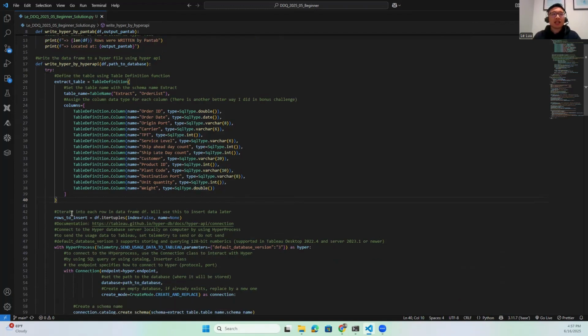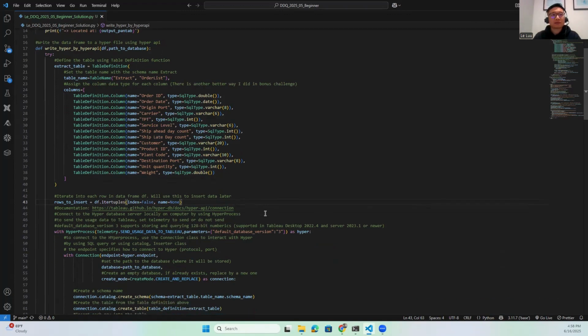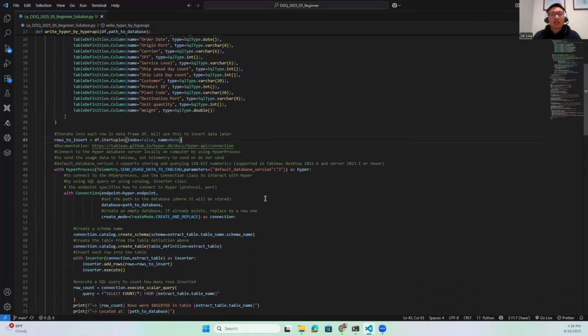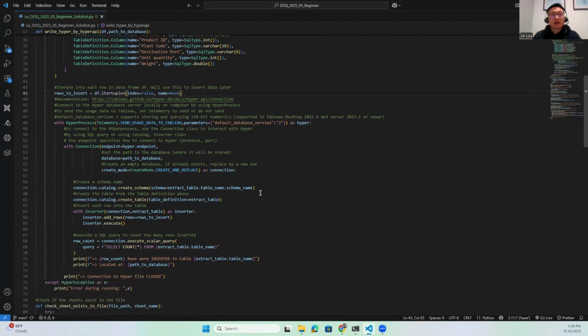Okay, after I define the tables, I use rows to insert to iterate into each row in the data frame. So it will help me to insert the data later by using the inserter function. So I use data frame df dot itertuples with no index and no name. To write to a hyperfile in Tableau Hyper API,